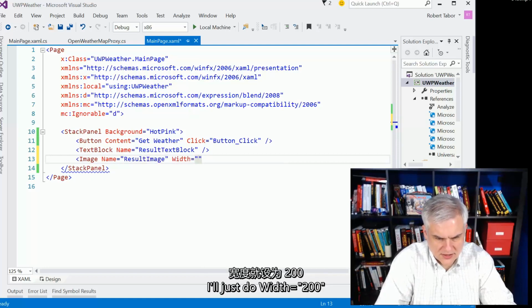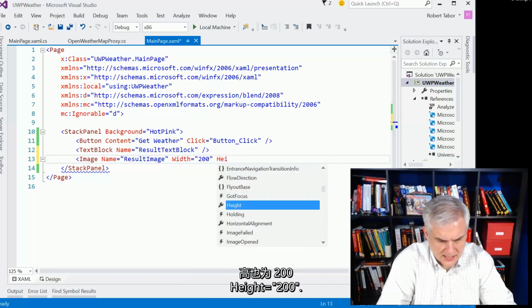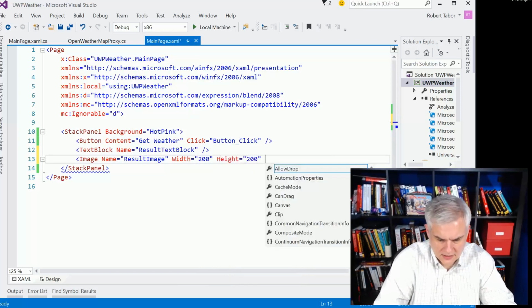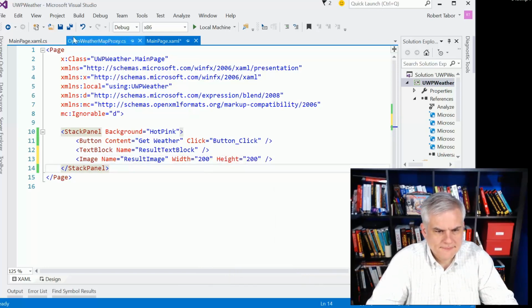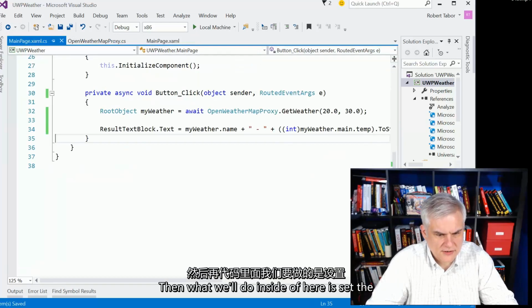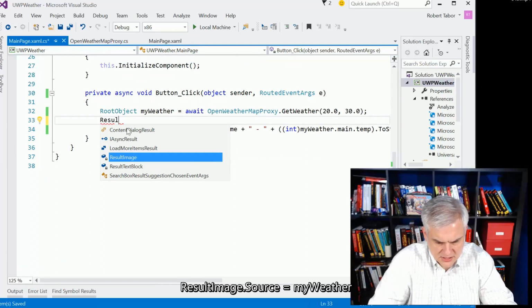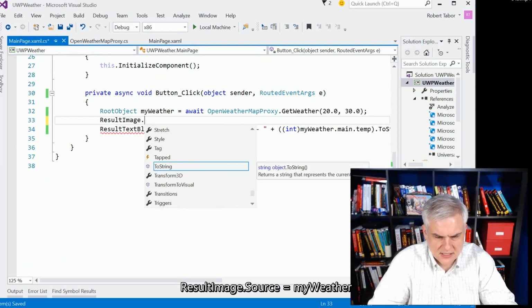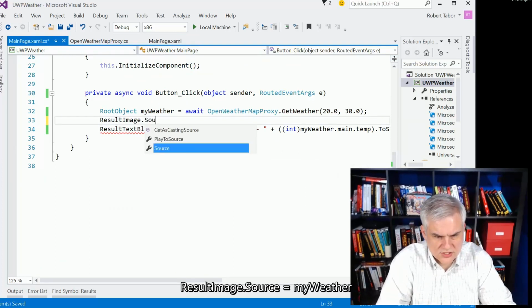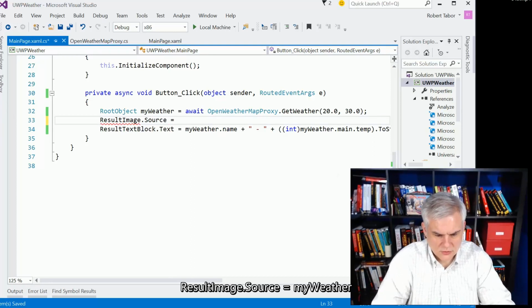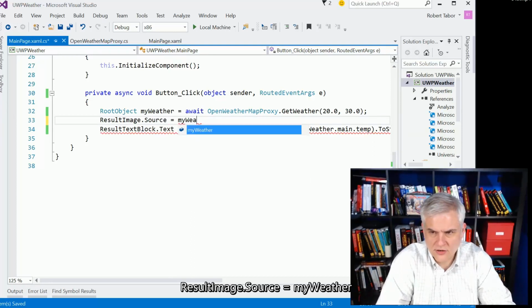And I'll just do width 200, height 200. And then what we'll do inside of here is set the result image dot source equal to my weather,